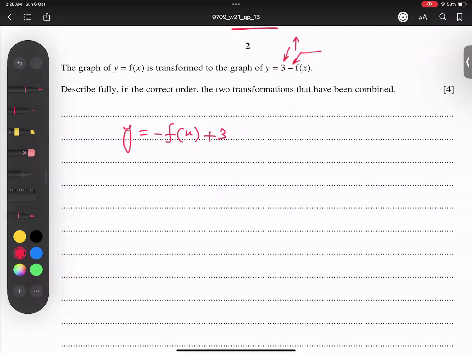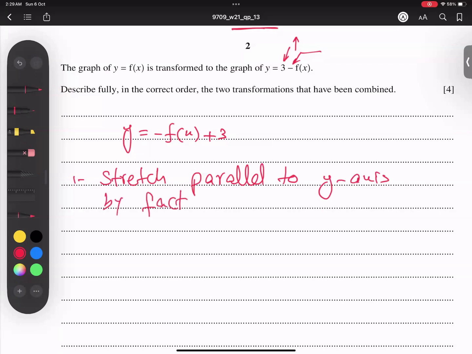So what is this? First of all, I can see here this is a negative multiply, so there are two things we have. But reflection must multiply the whole function. This cannot be a reflection, it must be a stretch. So number 1, stretch parallel to the y-axis, because it is outside, by factor -1. Number 2, what is this outside? Translation